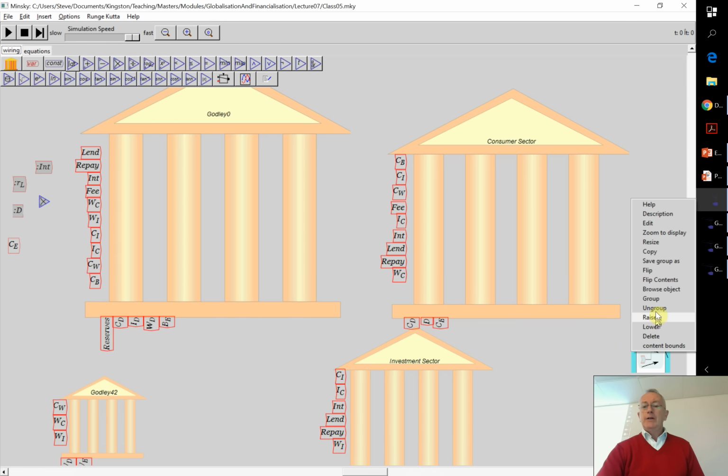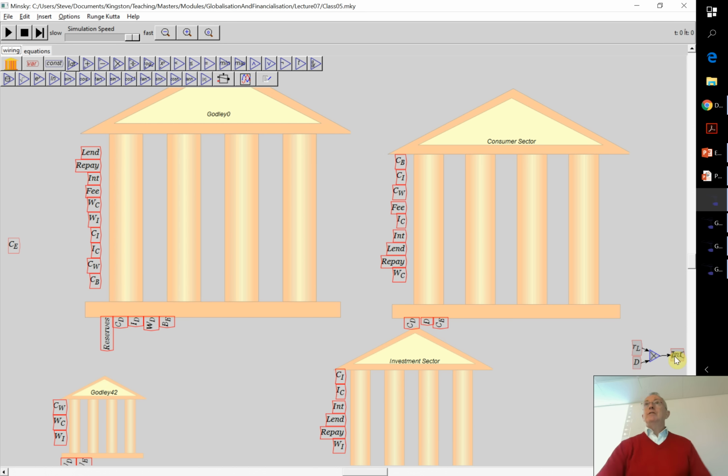If I now right click and choose ungroup, it's moved them over there, and now I can just sort things out a bit, make it look a bit neater. So that's a cumbersome way of showing you the basic design process, but that's what you do, taking elements off the godly table, whacking them on the canvas, and then defining them over in the system over here.